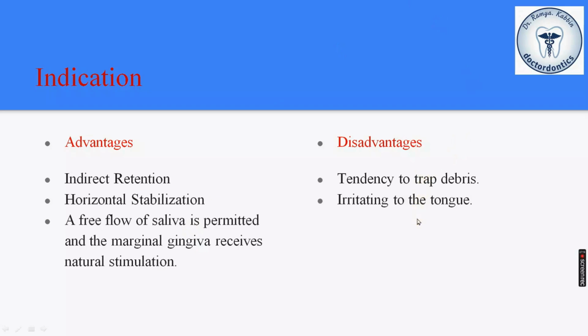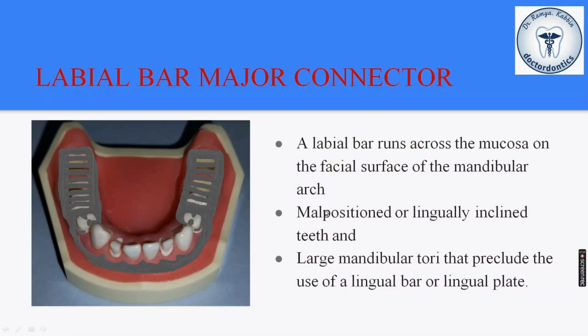It also acts as a trap for the food debris and it will be irritating to the tongue because of its complex design. Now coming to the labial bar major connector. Labial bar is rarely used because it is the most complex design to accomplish and also it is uncomfortable to the patient. The labial bar runs across the mucosa on the facial surface of the mandibular arch. It is running on an external curvature, hence it is longer as compared to other mandibular major